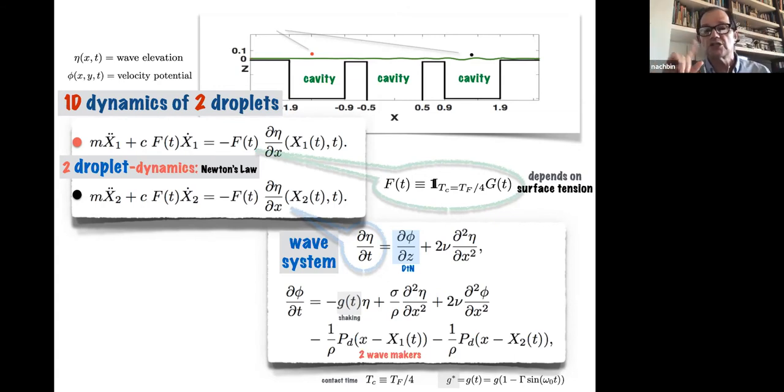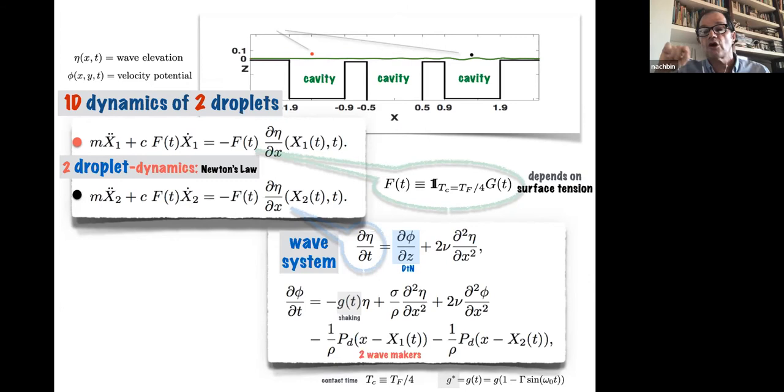So collapse there, and it changes in time. And the right term has actually the wave elevation, the slope of the wave elevation, eta x, and tells you how fast this pilot wave is going to be guiding our droplet in 1D. It's a little bit like a surfer. If you're high up on the wave, you move faster. If you're more near the trough, you move slower. So this is the ODE for the droplet dynamics in one dimension on the free surface, and it's connected to